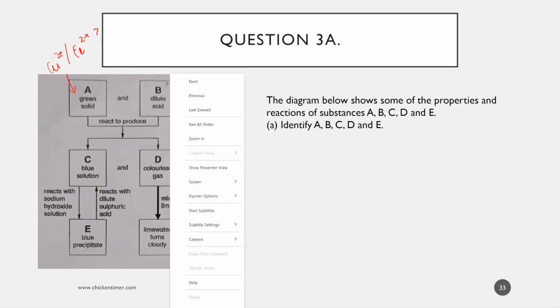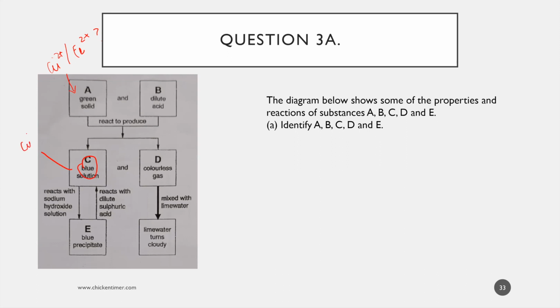Then you see dilute acid, blue color. So it's copper. So A is a green solid and B is an acid, and they react to produce the blue solution. So that means the green solid is copper. Then this blue solution will react with sodium hydroxide and give me a blue precipitate. So we know a copper substance reacting with sodium hydroxide gives copper 2 hydroxide. Then they say the copper hydroxide reacts with sulfuric acid and returns back